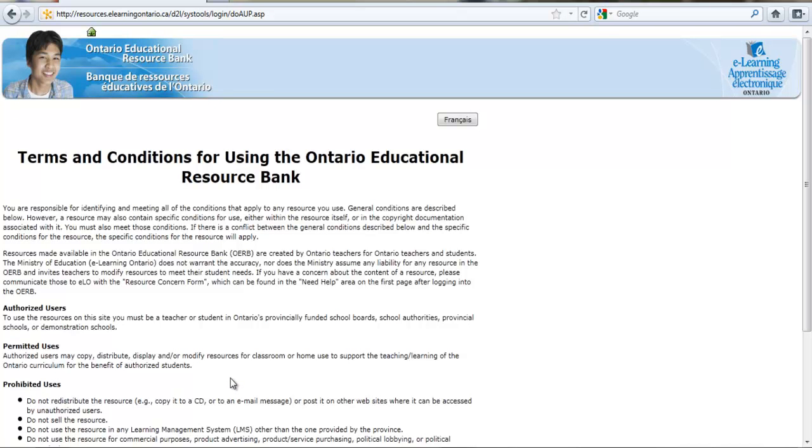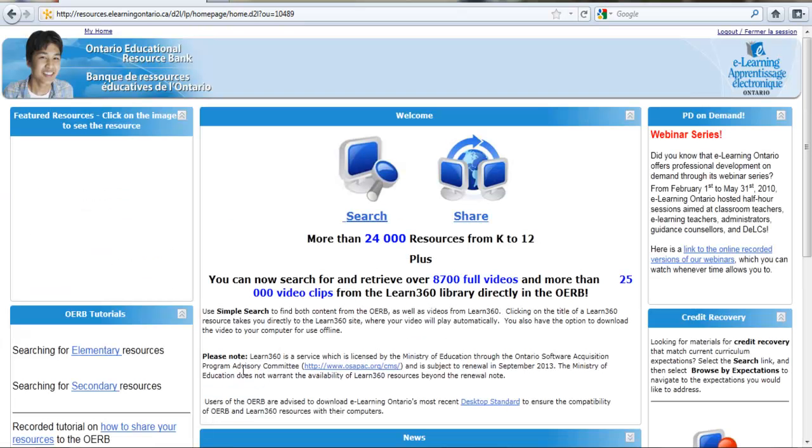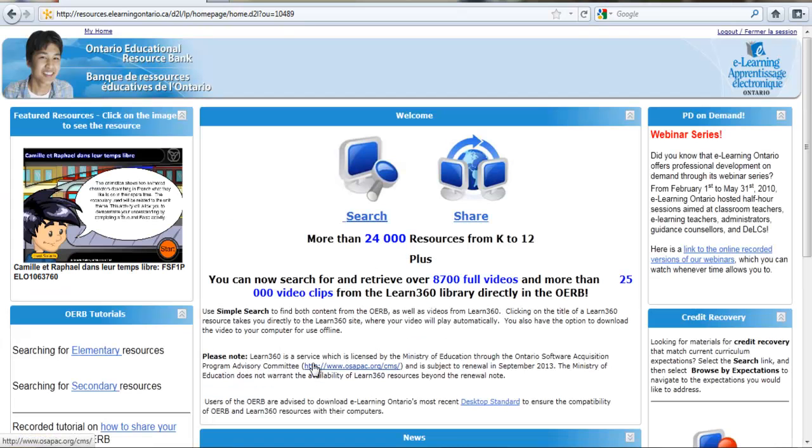Every school board within the Ministry of Education of Ontario has received a login and password, so you'll need to have that before you log in, and I cannot provide that for you, unfortunately. After you have logged in, click I agree to the terms, and you will be greeted by the welcome page